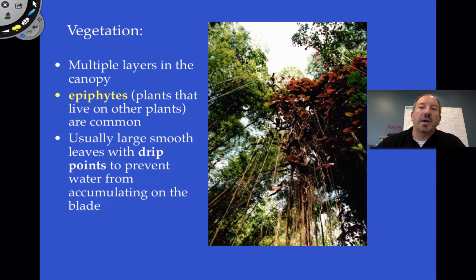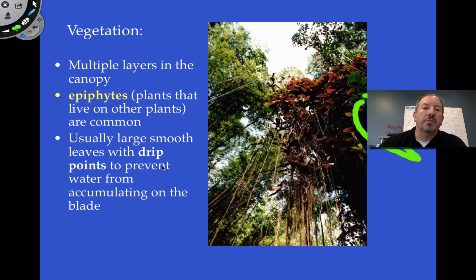And then you might ask this question, how come there isn't a lot more rotting? Like if the leaves are constantly wet, it's raining and the water accumulates, isn't there a lot of mold? Yes, there is a lot of mold, but sometimes these trees get away with this when some of their leaves are shaped like this and they have this little tip. And so the rain, when it comes down, it actually falls off this drip point right there.